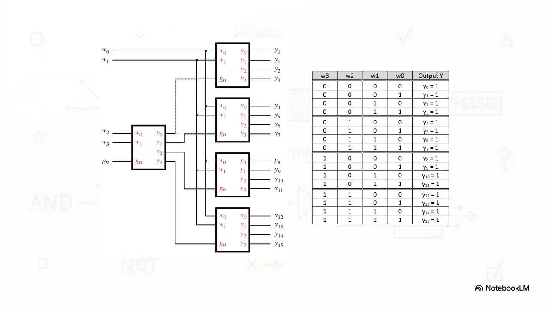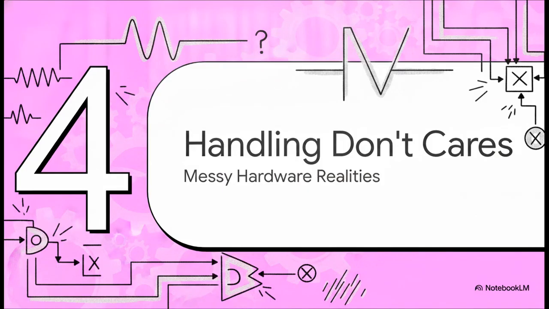And this brilliantly illustrates the sheer physical scale of that decoding. Just look at the nested circuit blocks required to distribute these signals. And the truth table alongside it shows how those 4 input lines map perfectly to 16 completely distinct output paths. Can you imagine writing a massive chain of if-else statements for 16 separate conditions? It would be exhausting. But a case statement handles this elegantly, matching the input directly to its corresponding output line in a snap. Let's move to section 4,